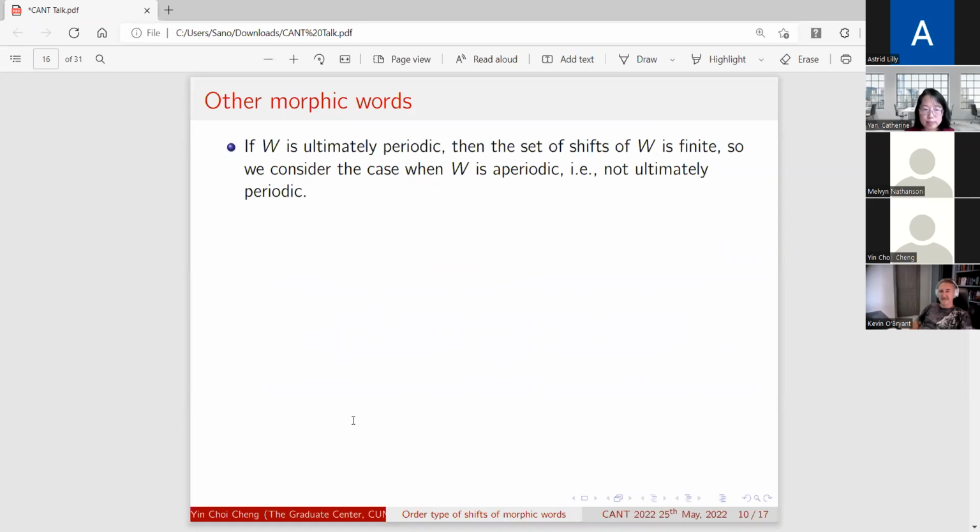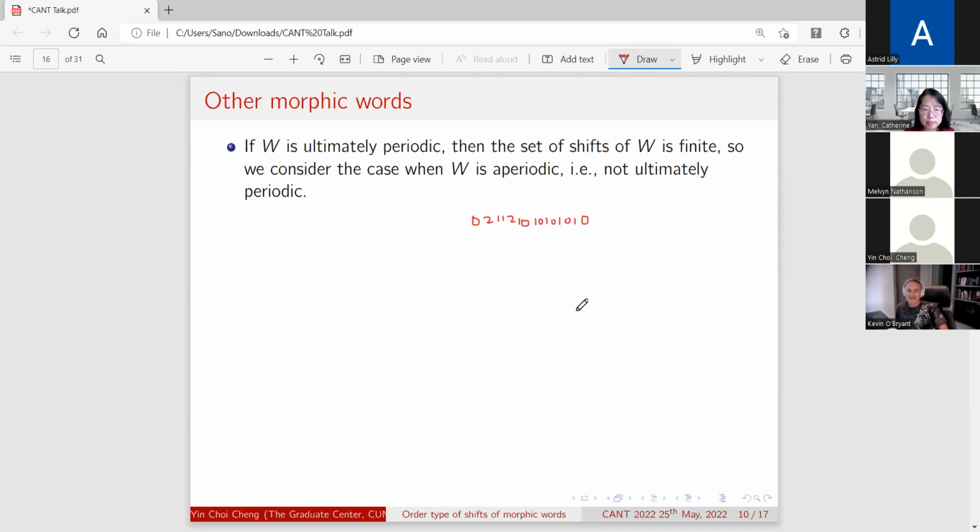What about other morphic words? We first get the easy cases out of the way. Suppose that W is ultimately periodic, not necessarily morphic. Then the set of its shifts must be finite. Why is that? Let's take a look at a simple example. Let's suppose that this